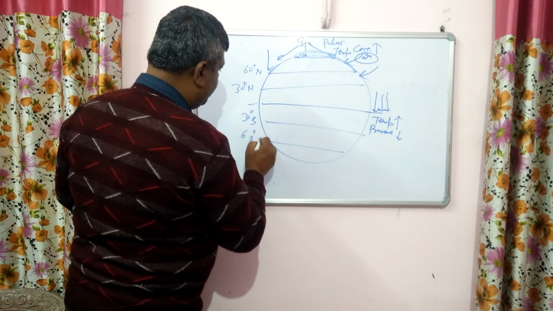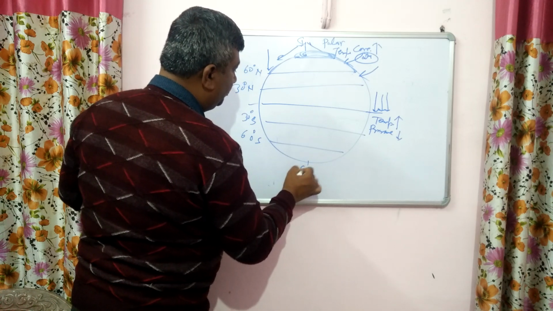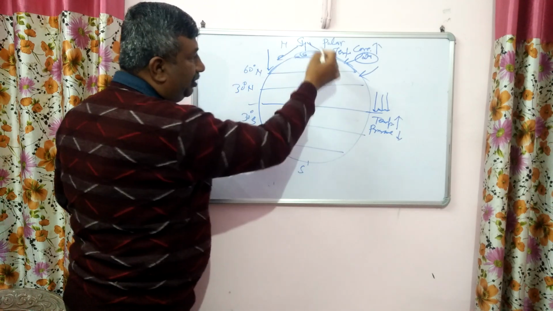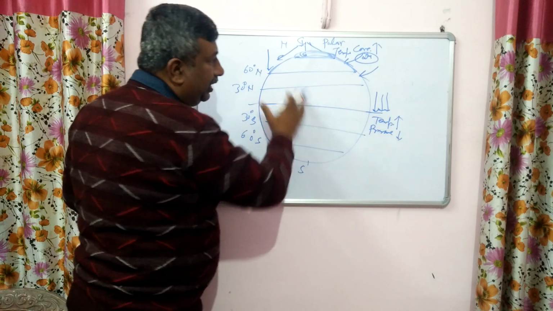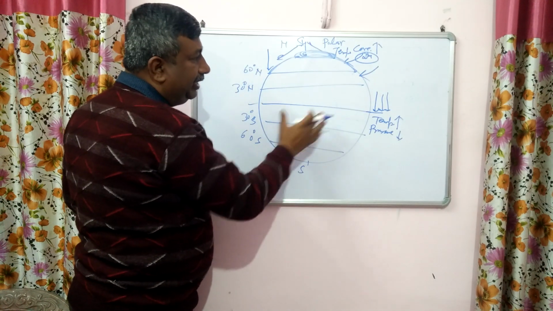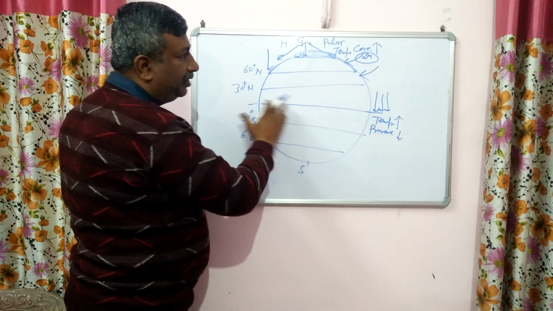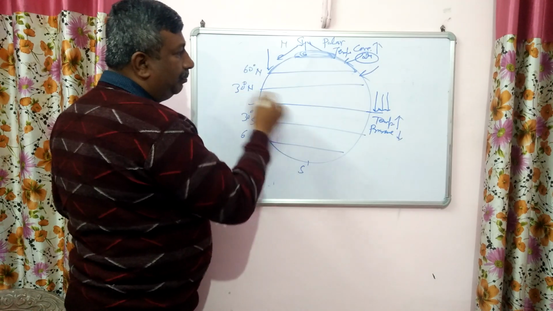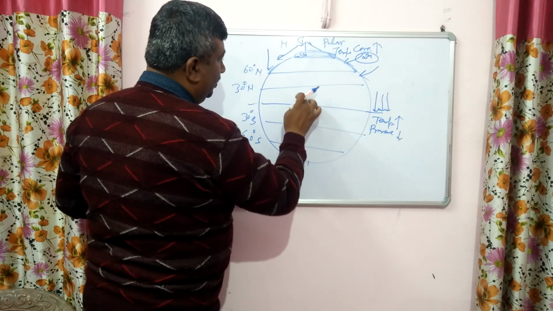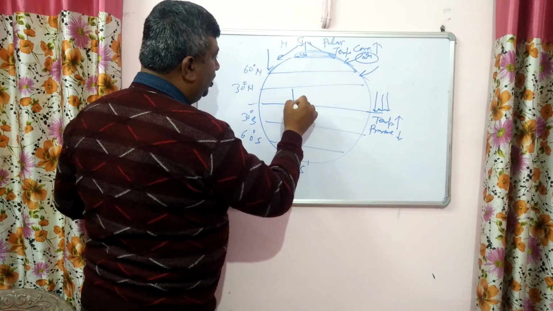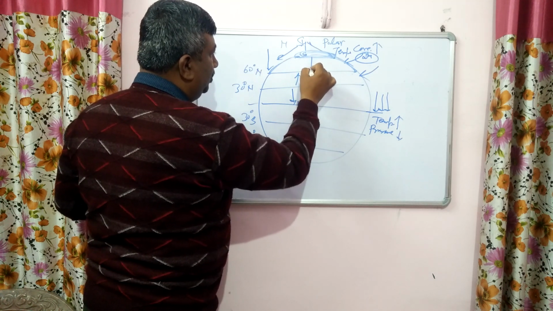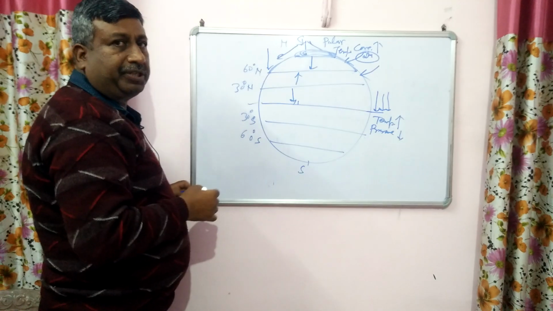This is the other process, and this is the polar region, the southern hemisphere, and this is the northern hemisphere. So differential heating is there. Because of differential heating, there are different atmospheric pressures. That's why wind blows from high pressure to the equator region, and from the polar region to this region. So different pressure belts develop.